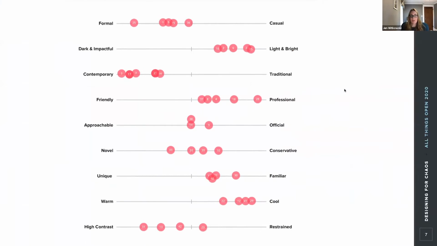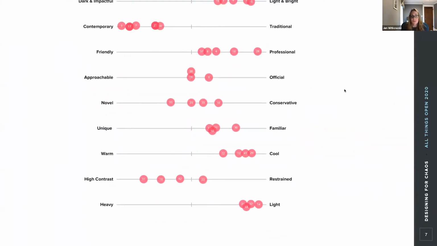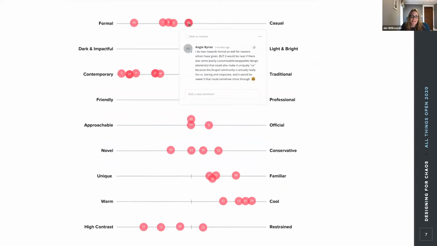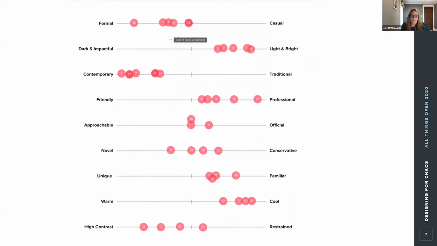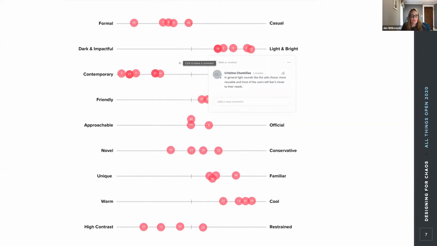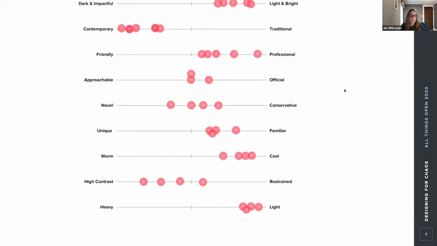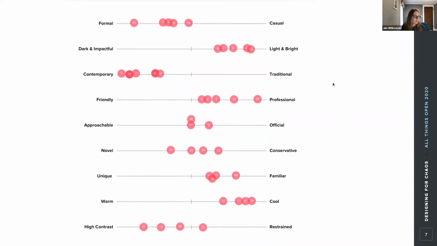So you may be asking yourself, well, what is the spectrum analysis exercise? Well, it's a great exercise that our team uses to help figure out what the client is thinking when it comes to a voice and tone, look and feel of a website, or in this case, the theme. So what you do is you create a sliding scale. On one end is an adjective that could describe the look and feel of the site. And on the other end is another adjective that usually conflicts with the first.